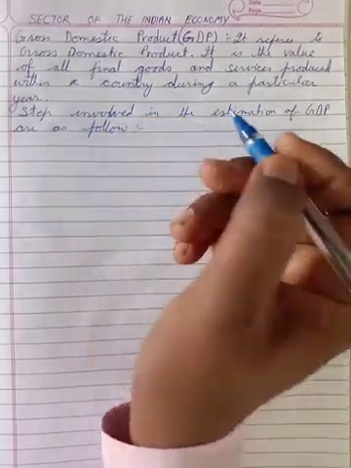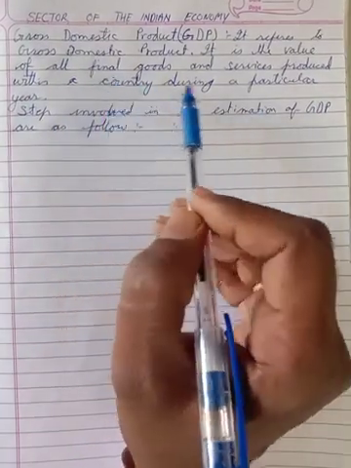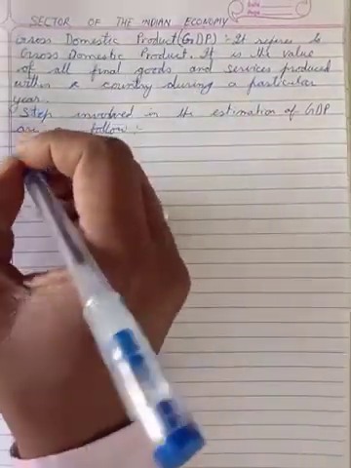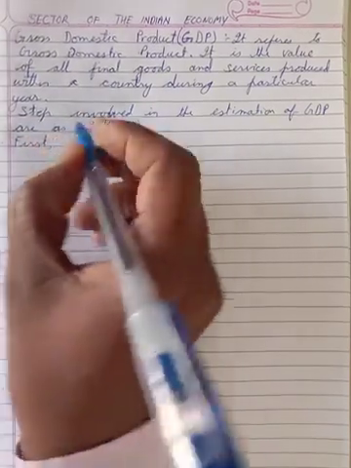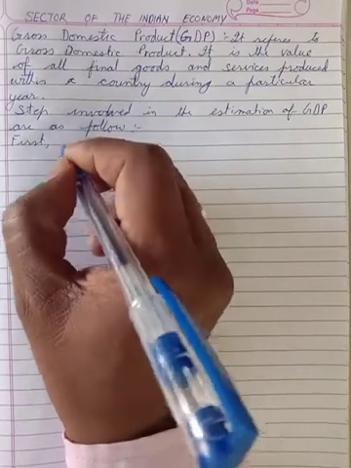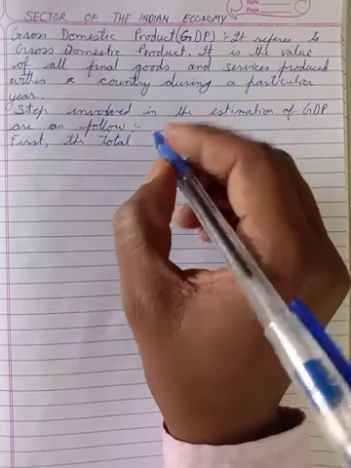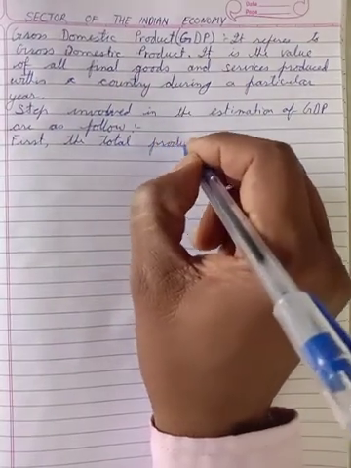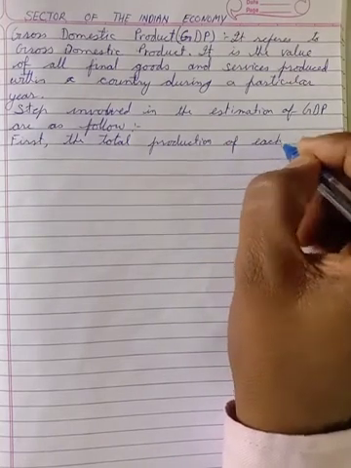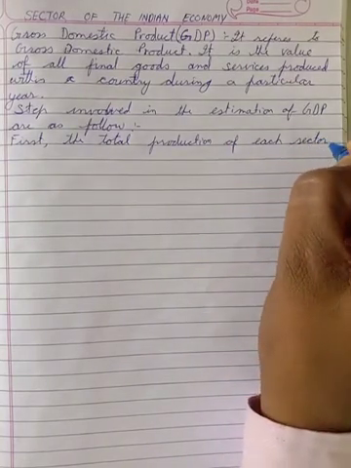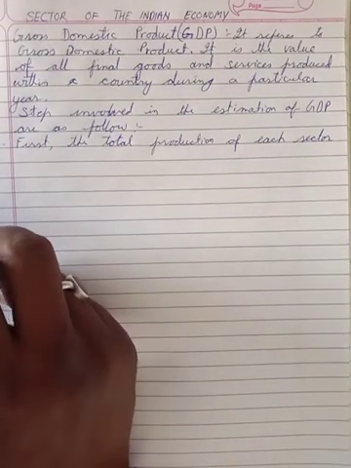Now, how do we count GDP? Already spoken, it is the value of all final goods and services. So first, the total production of each sector, means primary sector, secondary sector, and tertiary sector,